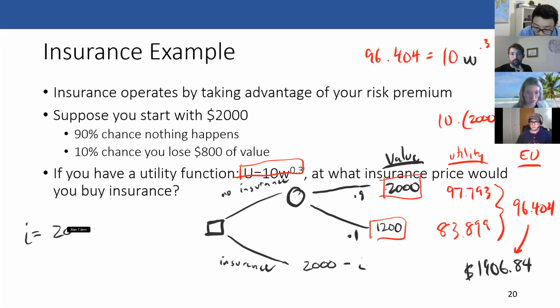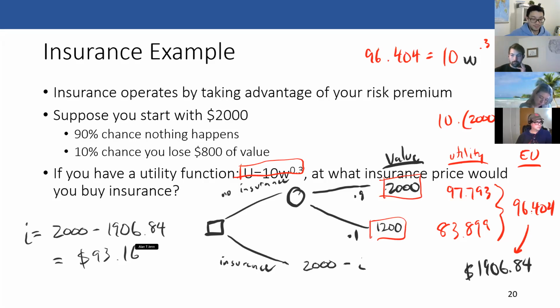So 2,000 minus 1906.84 is equal to $93.16. Okay. So that is the quantity of money that I would be willing to pay to